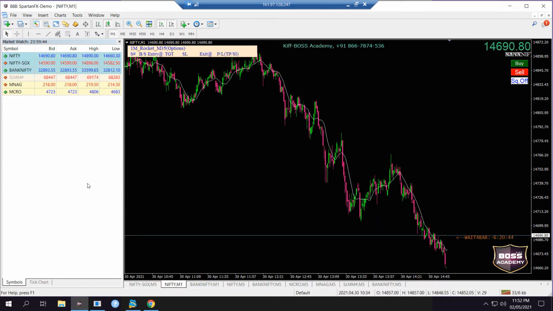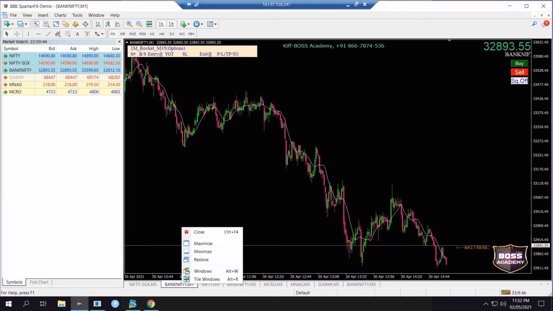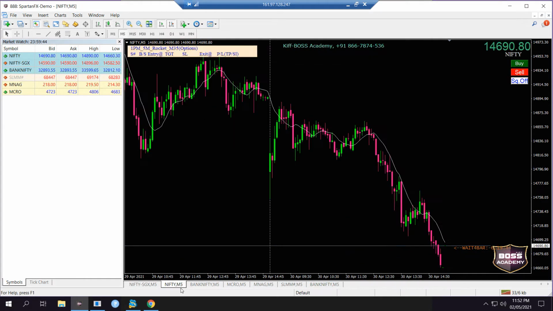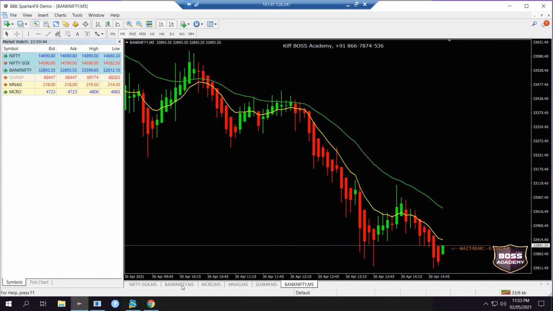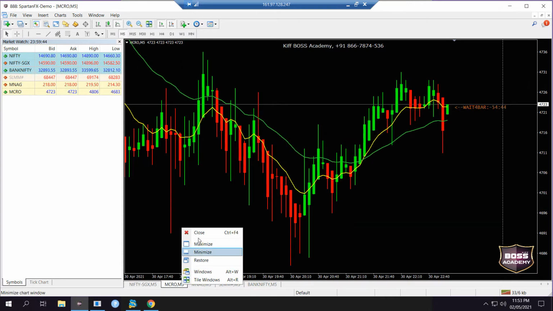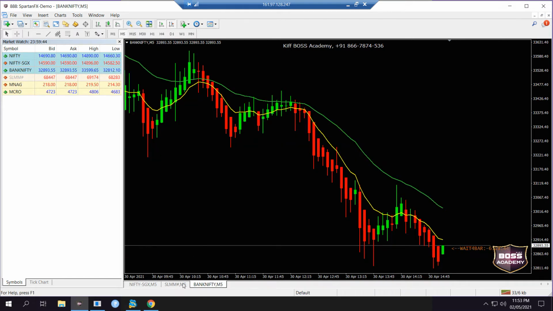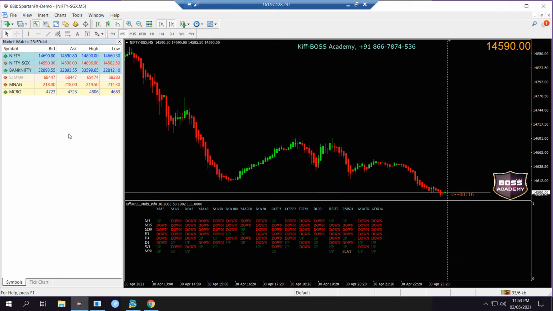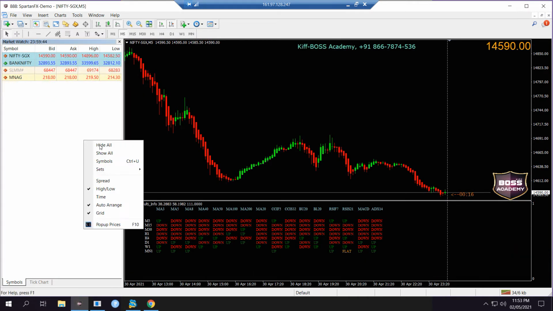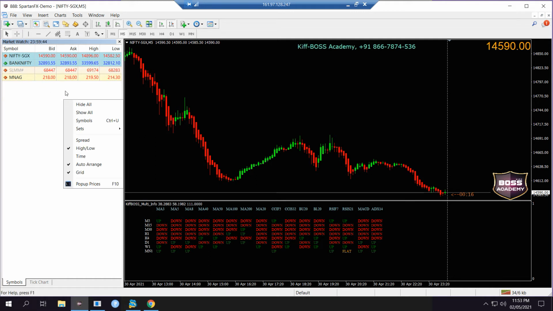The 1 minute morning Nifty script is already added. I will show you how to add Nifty and Bank Nifty scripts. To close the script, right click the particular tab and close, and all will be closed. Then this is market watch, right click hide all, and it will hide everything.